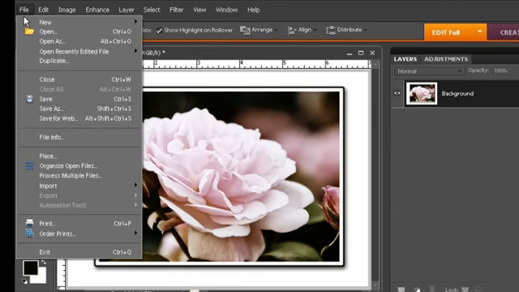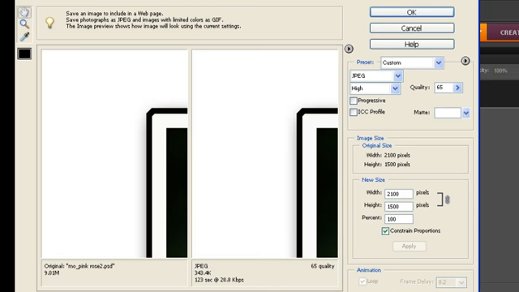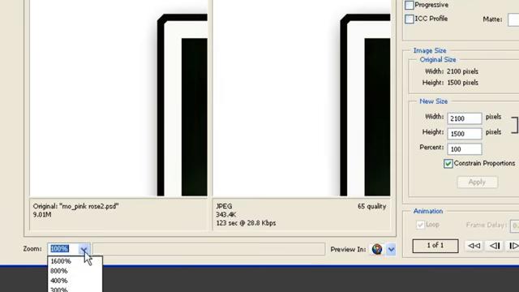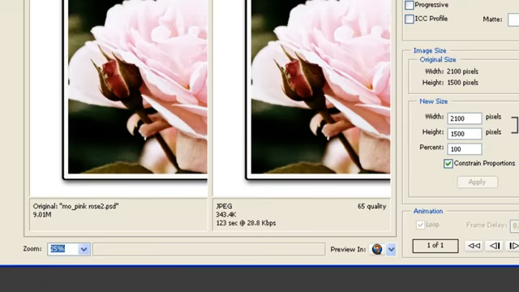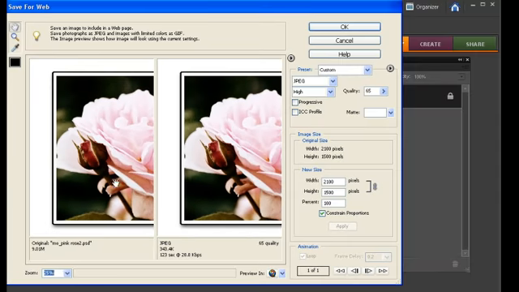I'm going to choose File, Save for Web. I then get a new dialog box that comes up, and I'm just going to come down here in the bottom left hand corner and choose Zoom to 25% so we can see our image a little more clearly. Now you have two copies of the photograph available here, the original, which is 9 megabytes, and the JPEG version of it, which is at